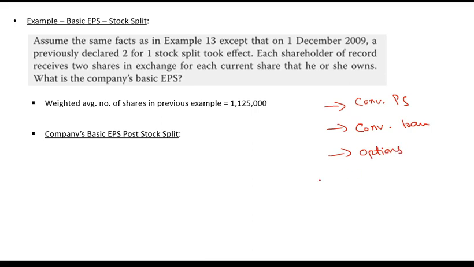So if a company has convertible preferred shares, that means preferred shares can be converted into common shares. It has not been converted so far, but it can be converted into common shares in future. And when it gets converted into common shares, the number of shares will increase. And when the number of shares increases, your total EPS will decrease. Why? Because EPS is net income divided by outstanding shares. So it is net income available to common shareholders divided by weighted average outstanding shares.